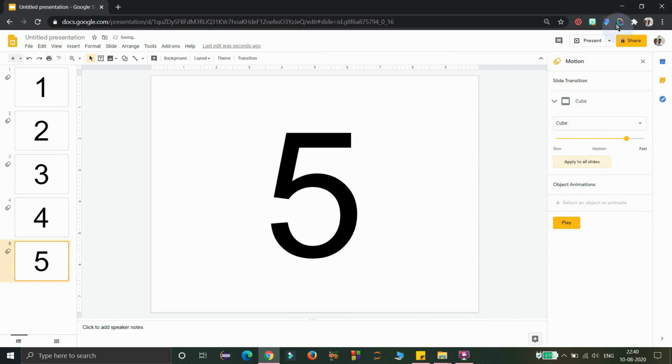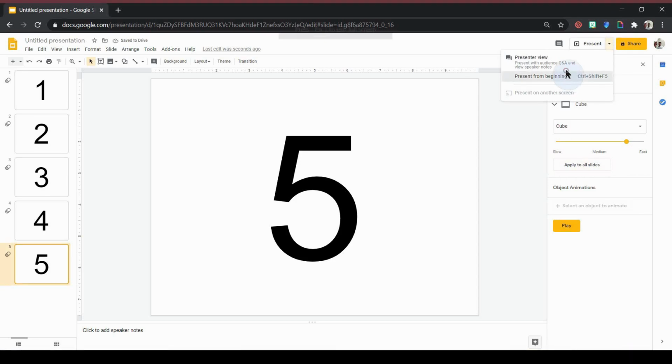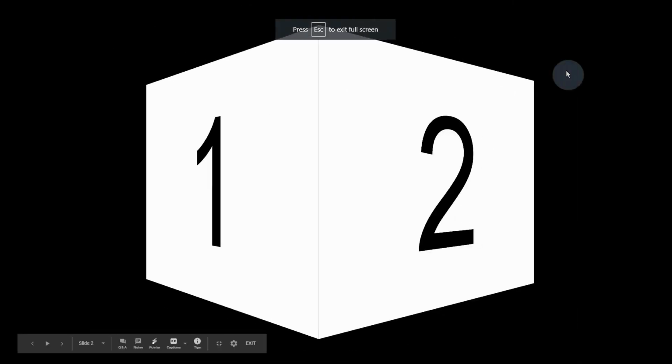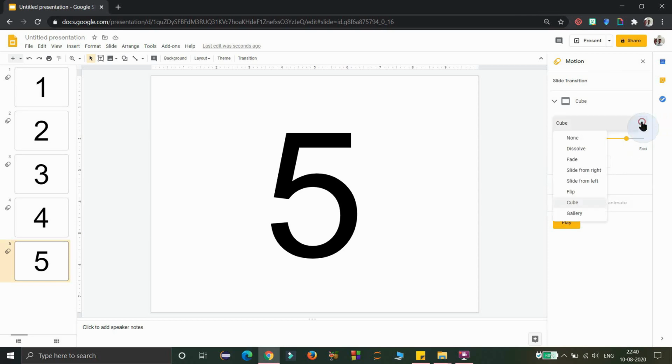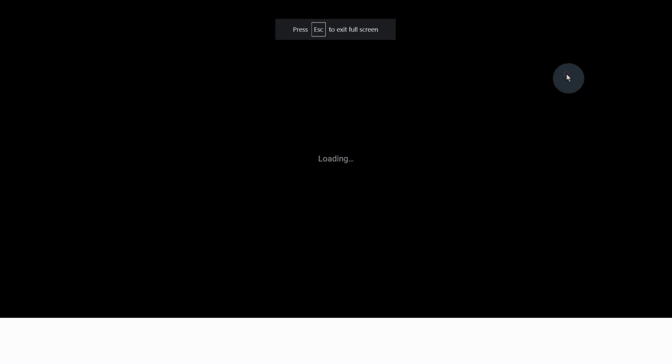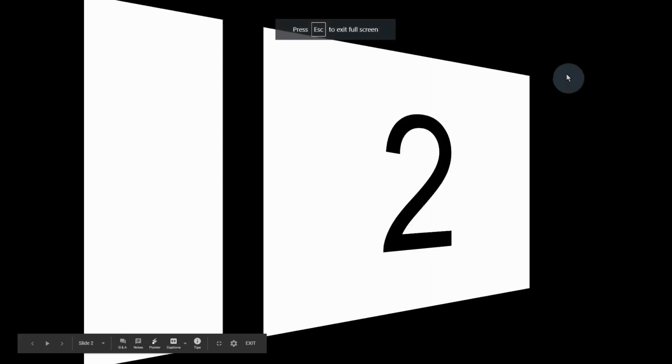Apply to all the slides and present from the beginning. See, cube type transition we got here now. And finally we will check with gallery type transition for all the slides. And this is the gallery type transition we have in the Google Slides.